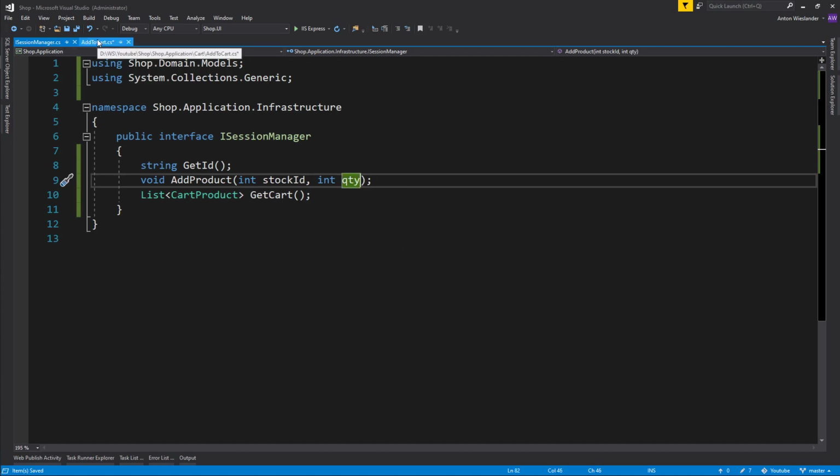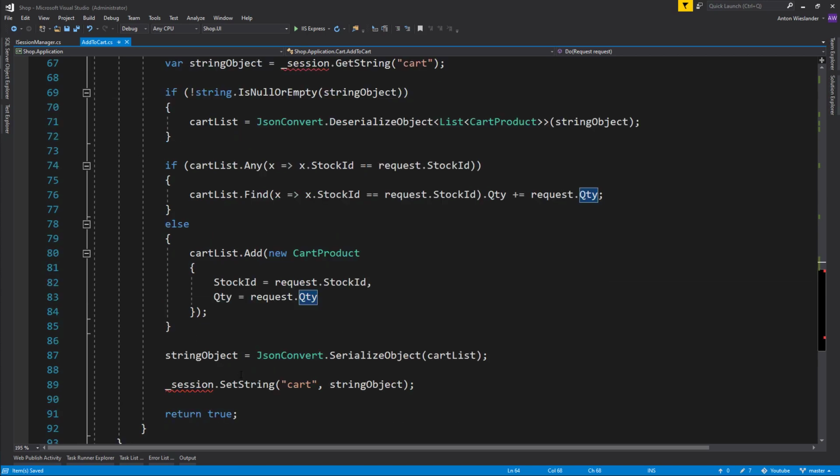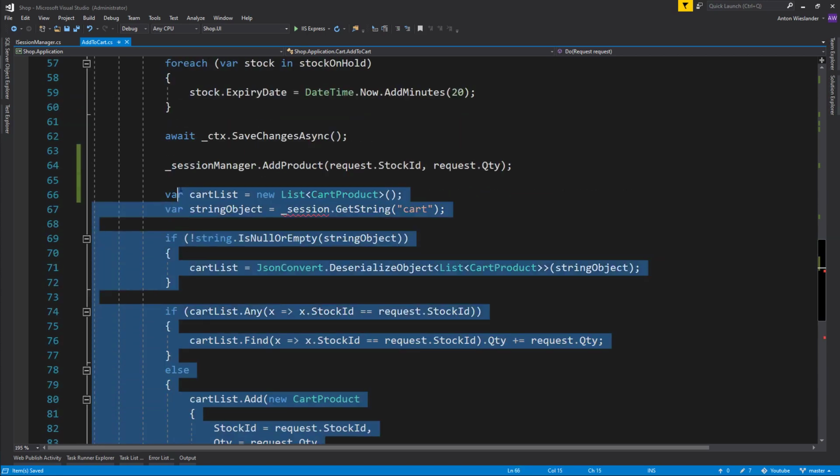Okay, so let's go ahead and remove this bit. And what I will do is I'll grab the sessionManager and I'll say AddProduct. And let's go ahead and say request.StockId and request.Quantity. Okay, and the rest of this